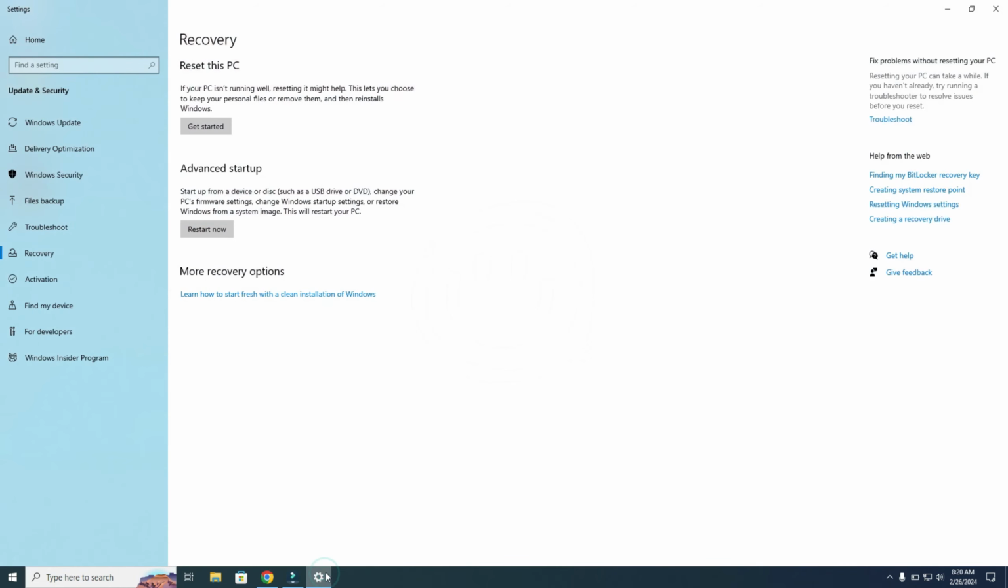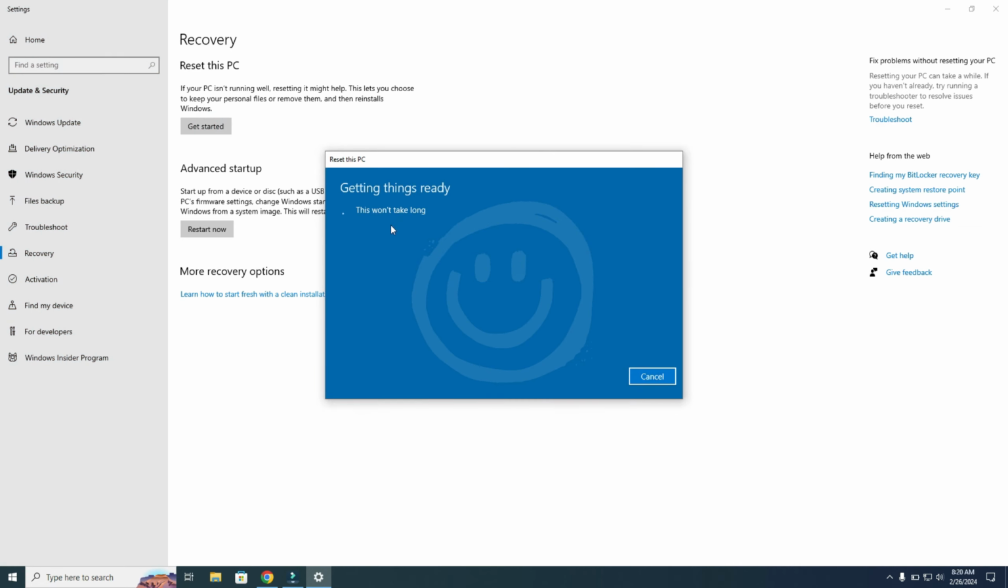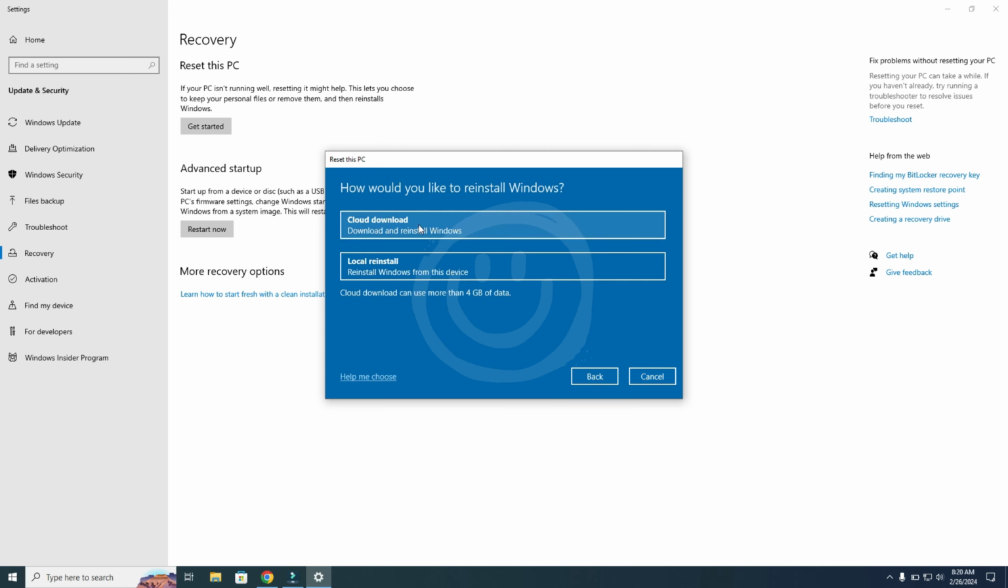And we go back to the recovery section. So I select Get started. Keep my files. And as you can see, now the error is solved. So this is how to fix the "could not find the recovery environment"